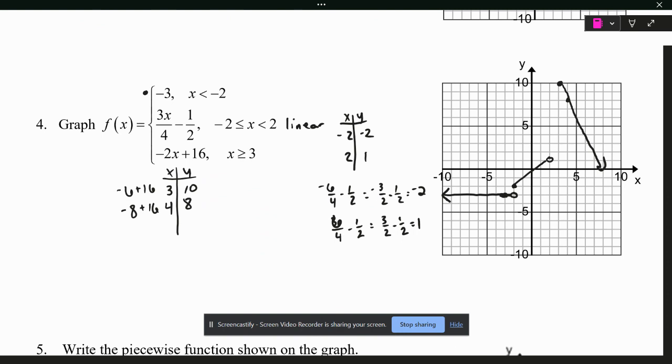And then last but not least, I have -2x plus 16. So that is also linear. So I just plugged in, it said greater than or equal to 3. I plugged in 3 and 4 because, once I get that slope down, then it should be good. It got me 3, 10, and 4, 8, and then I would just go onward forever in that direction. Questions at all? All right, we'll pick it up at some other point. I'll stop the video here and then